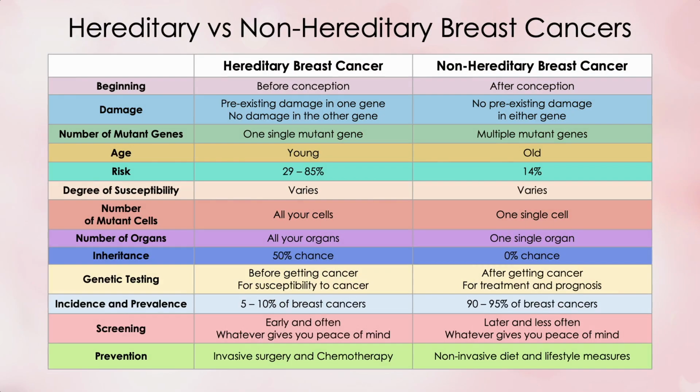So this means that for hereditary versus non-hereditary breast cancer, there is a difference in both the origin of the cancer and in how many genes contribute to it. So that covers the first three items on our chart: how the cancer begins, damage to genes, and the number of mutant genes. And that brings us to the next factor that is different between hereditary and non-hereditary breast cancers: